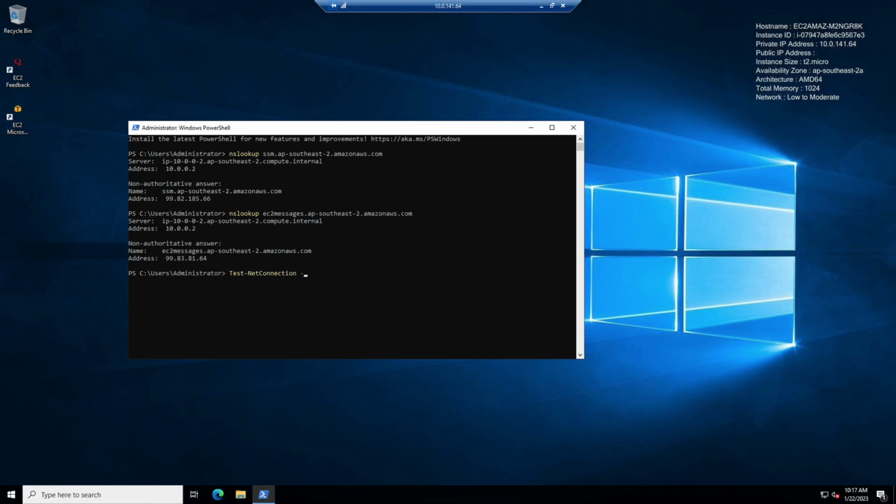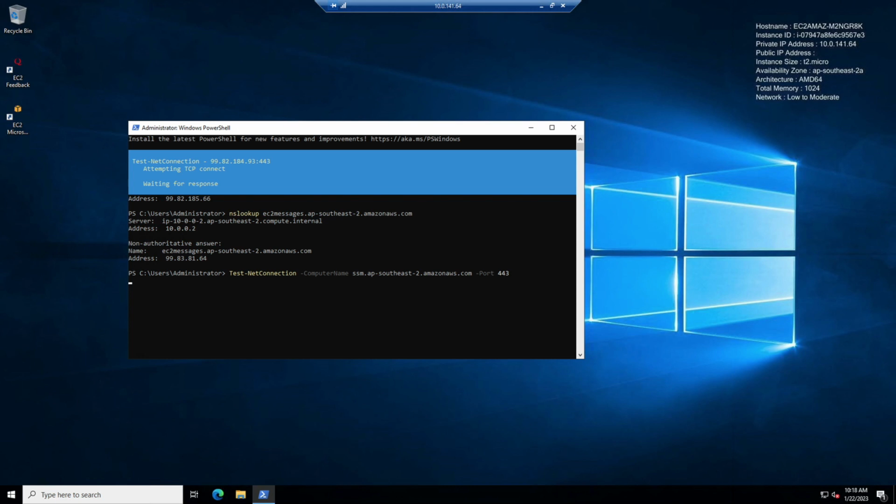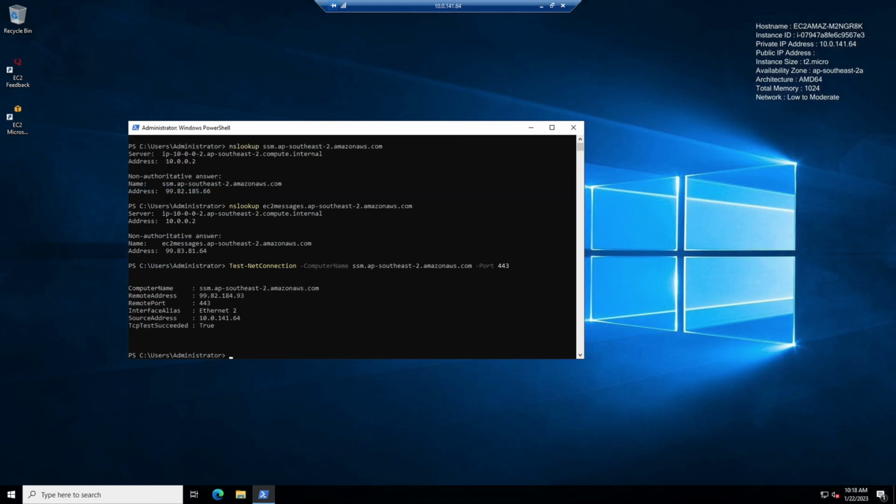So we'll run Test-NetConnection with the computer name, which is the name of the endpoints. Let me copy the endpoint name and paste it here, and add the port number as 443. We can see that the TCP test has succeeded for the SSM agent endpoint, and we'll repeat the same test